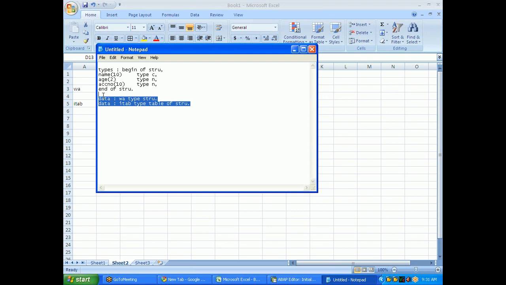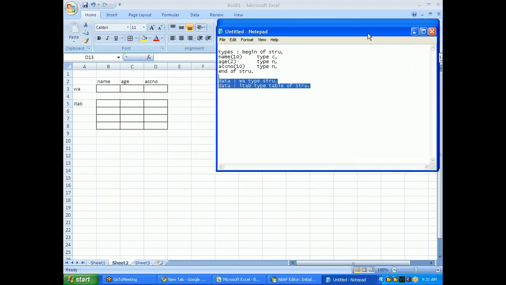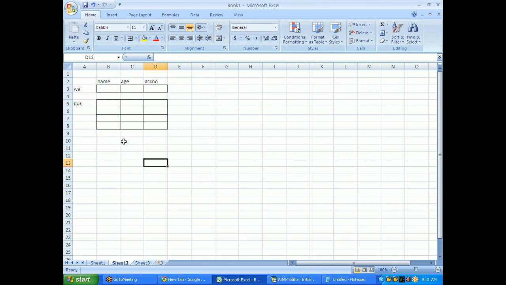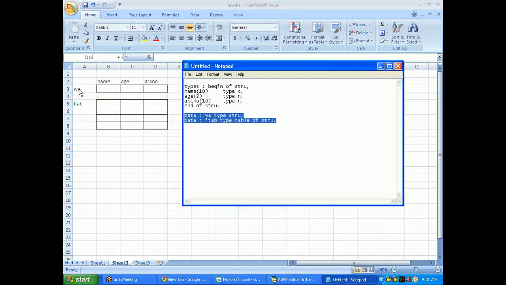without header line. So we have two types of internal tables, I told you, right? Internal table with header line and internal table without header line. If you declare an internal table like this, you can imagine structures like this, and the work area is separate. Work area name is WA, internal table name is ITAB.